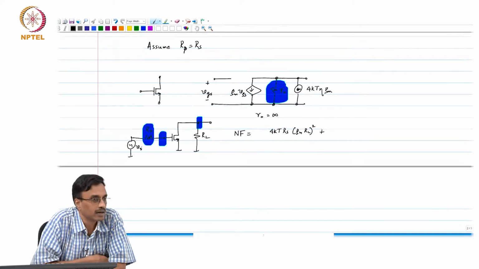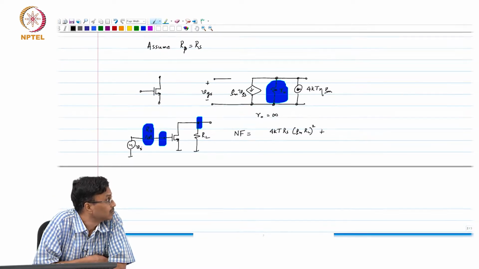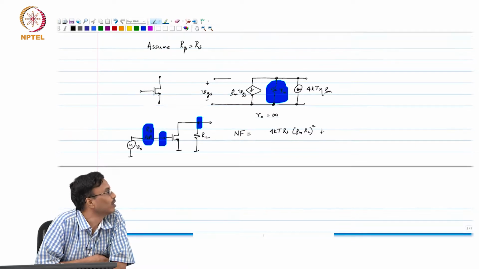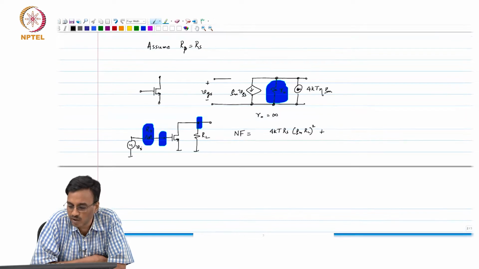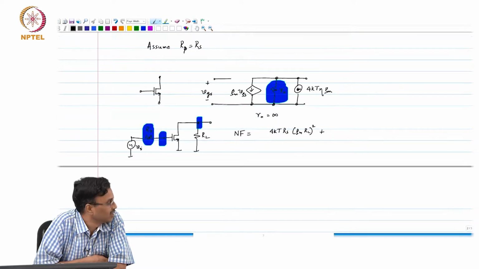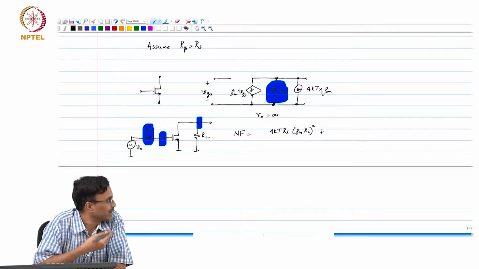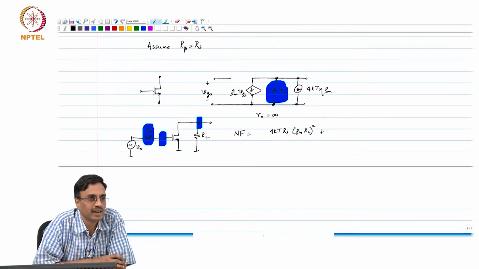How many noise sources are there? The main thing here is the transistor. How many noise sources do we have? Three noise sources. Of course, with three noise sources we can all do this in our minds. But you can imagine what will happen if you have 50 transistors like this, and tons of noise sources and one output, and I made our life simple by assuming ro is infinity and there are no parasitic capacitances, etc. In reality, all that stuff is going to come in, and then it's going to be a mess.